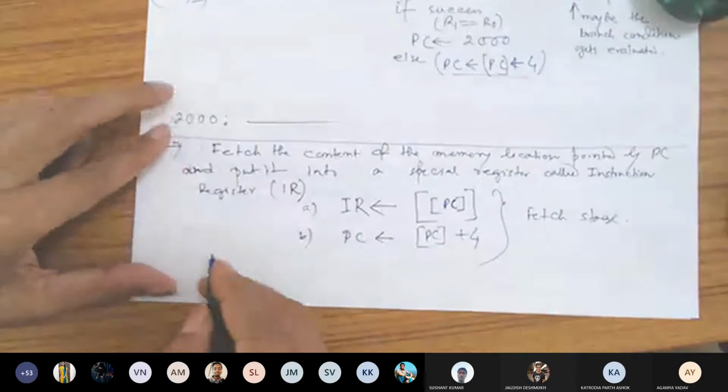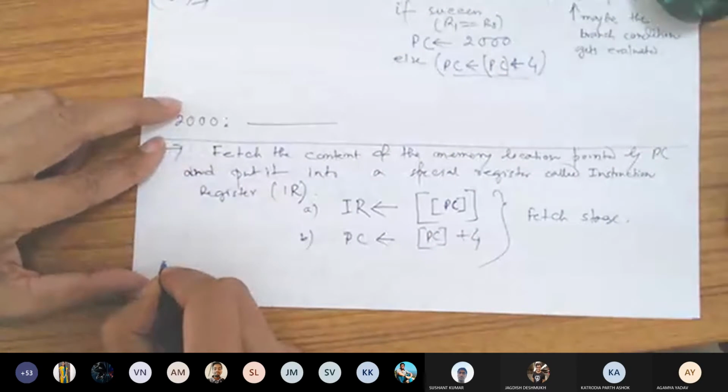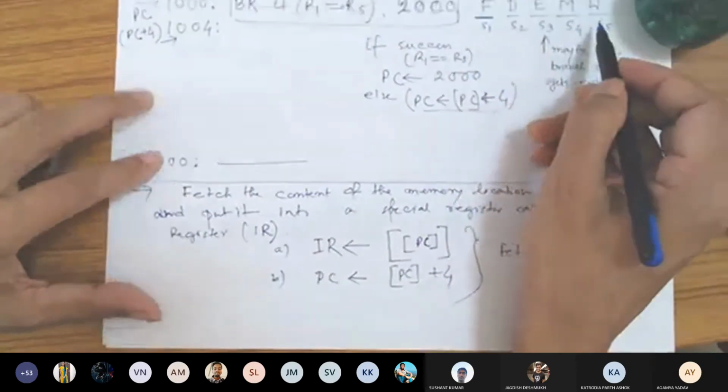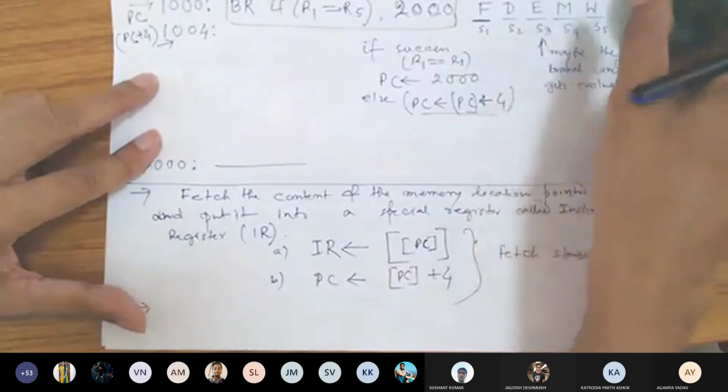Okay. And then the next step includes all other stages, D, E, M, W. Decode, execute, memory, and write back.